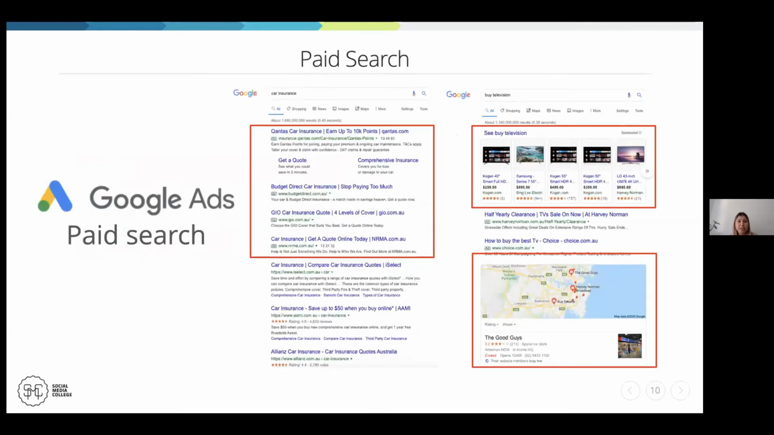So paid search, using the same example, are the first 4 listings at the top. Sometimes it's 3, sometimes it's 2, depending on the words that people are paying for in the auction process. That is what will show. So Qantas Car Insurance, for instance, has paid for an ad placement that when people type in car insurance, their